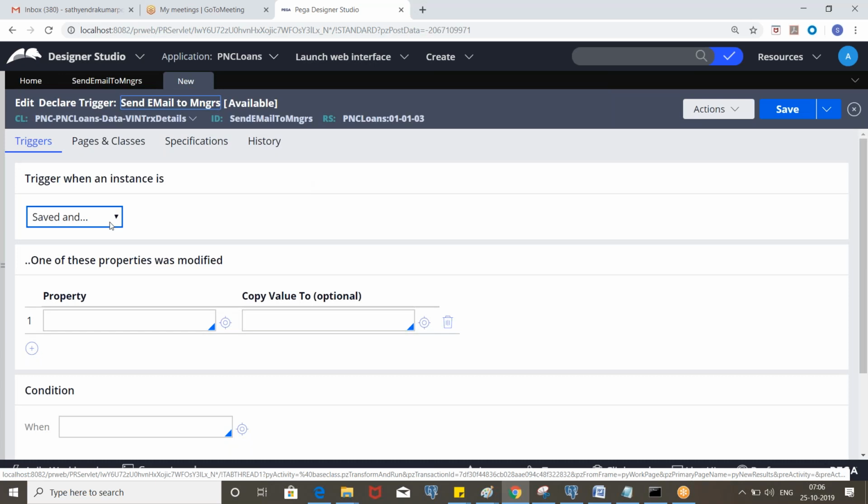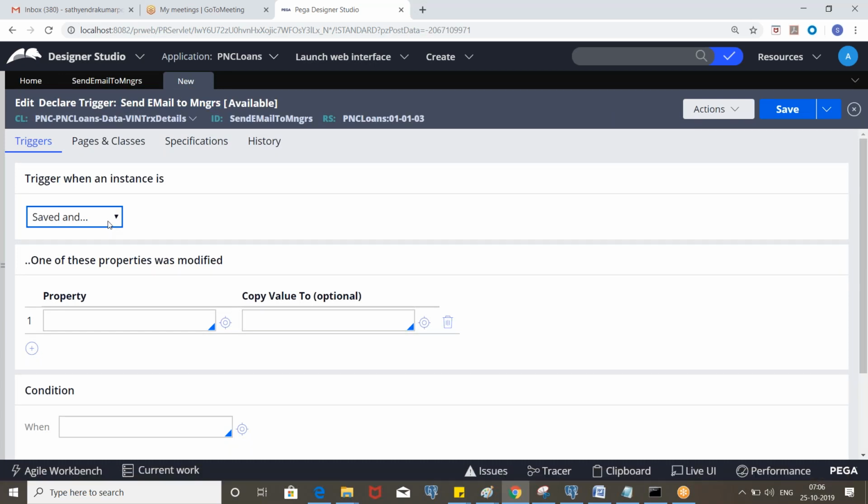Here, for the trigger when an instance is, we have different options. Committed save is whenever a new record is added permanently, or saved, like obj save, the default save. When you save the instance using obj save, then this will be executed.